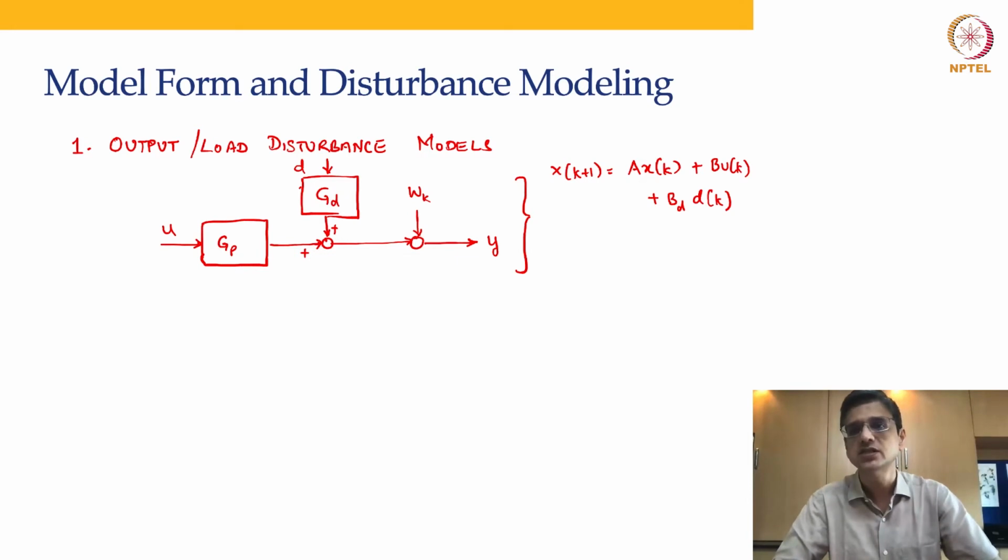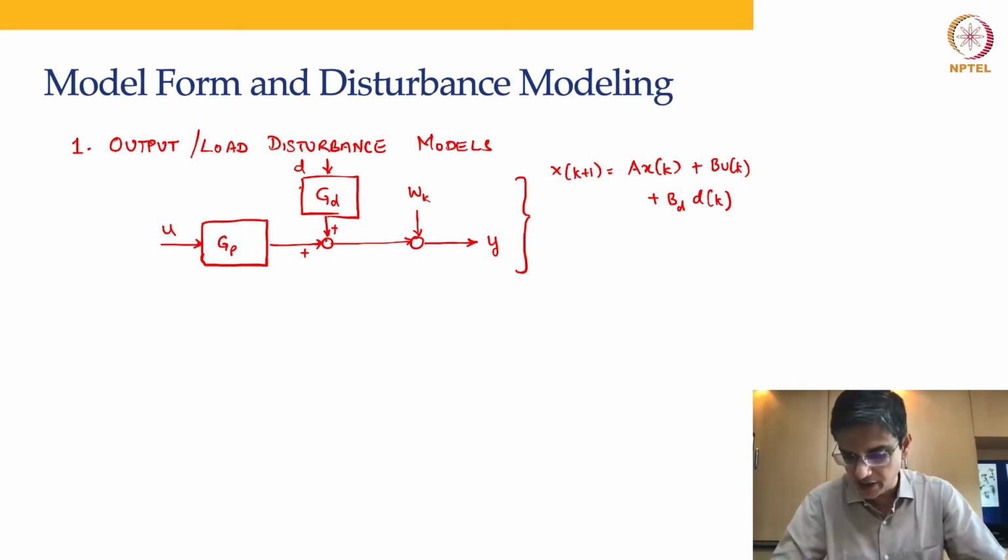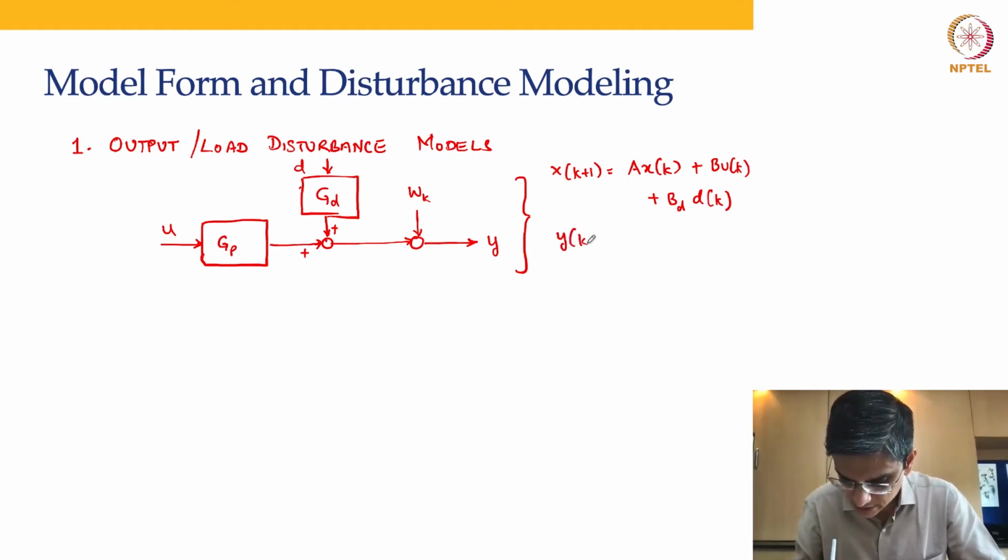We have covered this in week 4 of the course. Okay, and it's the same concepts, nothing different. You can treat disturbance D very similar to the way you treat additional inputs U. Okay, and we have gone over this. Okay, and y_k is going to be nothing but C x_k